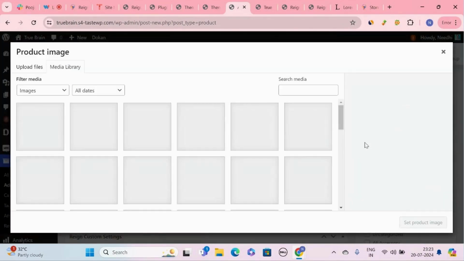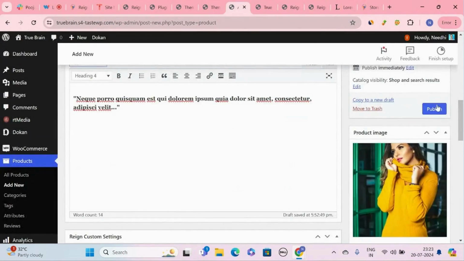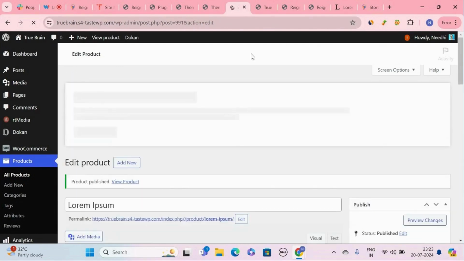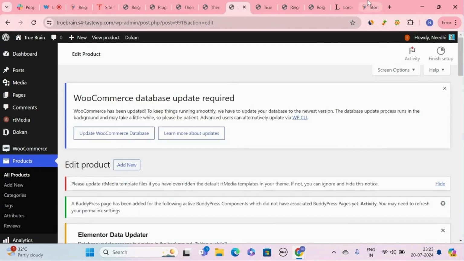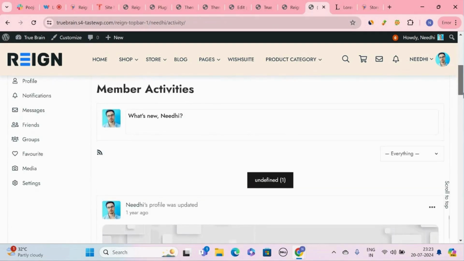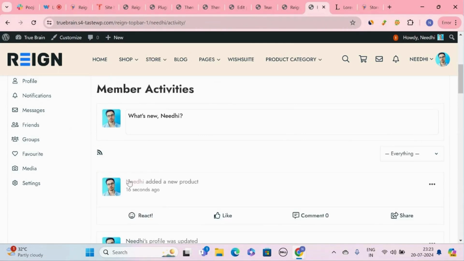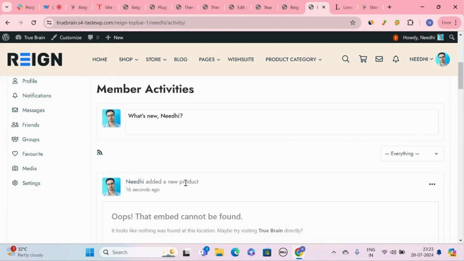Set a product image and publish it. Now you can see in the feed it is showing that you have added a new product.